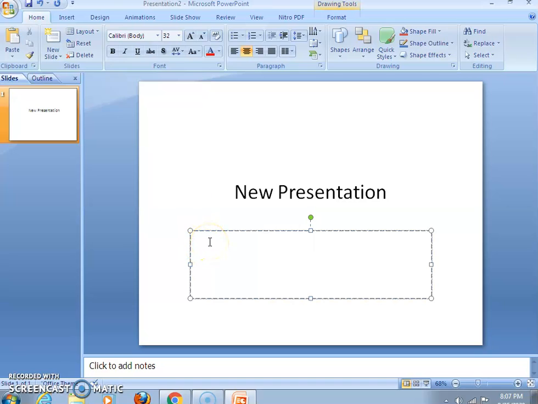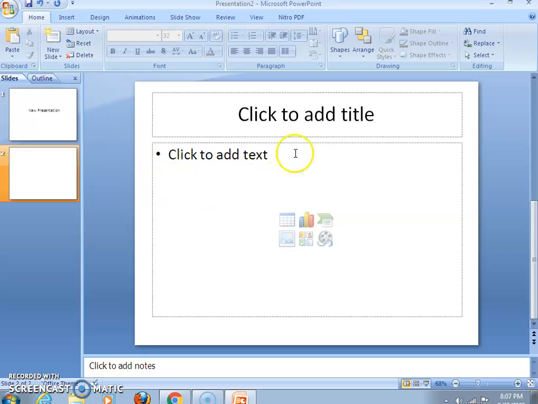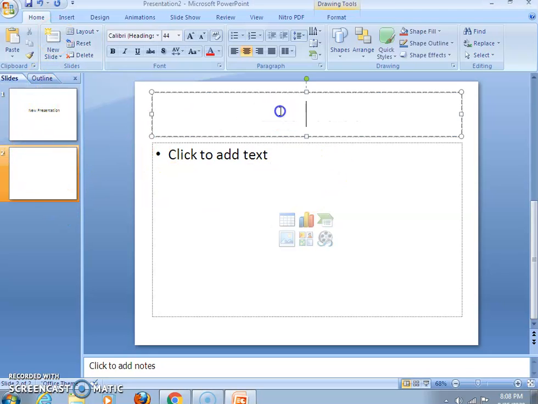Now you require one more slide to write your text. Then what you have to do is insert a new slide. From where can you insert the new slide? Go to the Home tab, and then in the Slides group you will find one option available, the New Slide option. See this one, click on the New Slide option. A new slide is inserted over here. You can put whatever text you like to continue with.